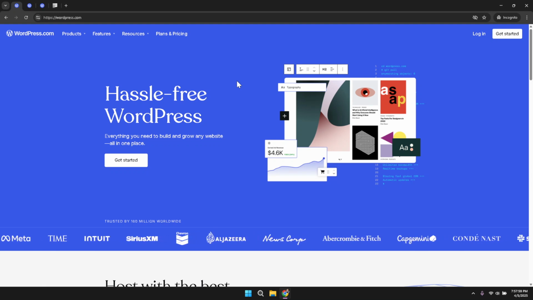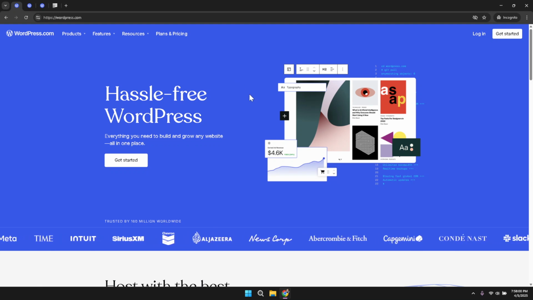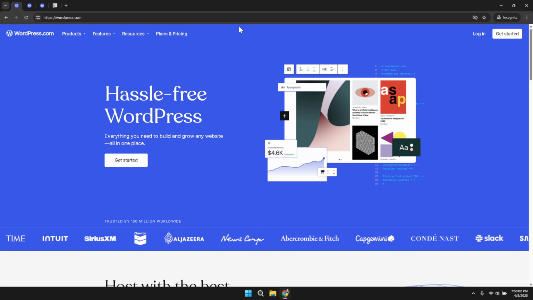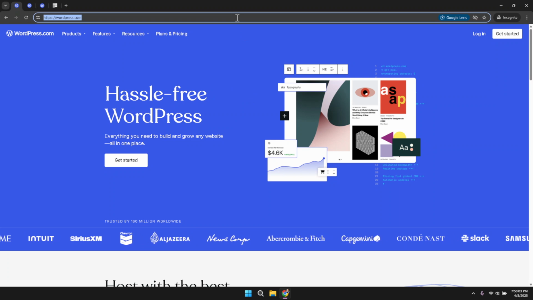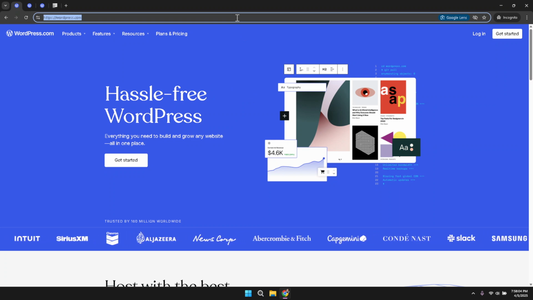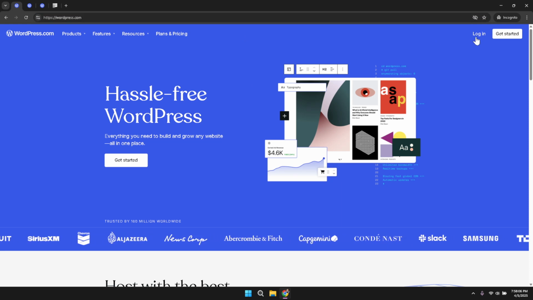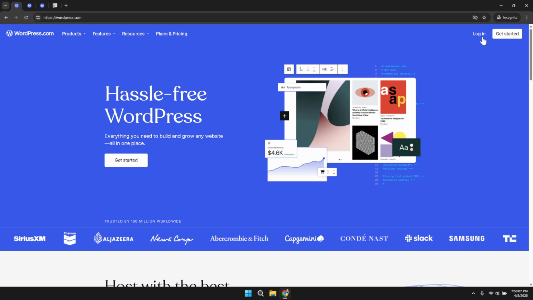without any hassle. Begin by opening your web browser and navigating to the official WordPress website. Once the homepage loads, direct your attention to the upper right hand corner of the screen. There you will find the login button. Clicking on this button will initiate the process of signing into your WordPress account, enabling you to access your site's